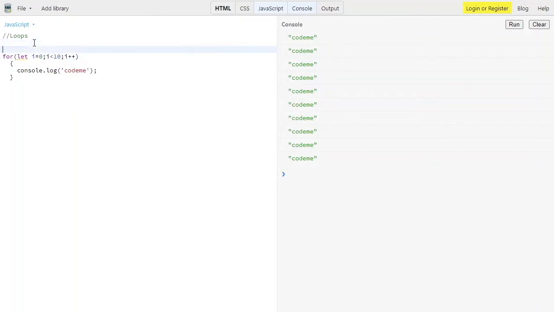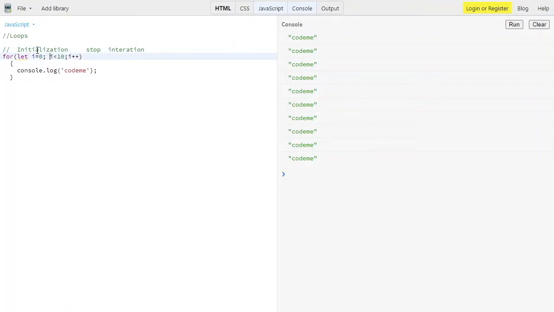Let me print it over here as initialization, then stopping condition, and then increment, sorry, iteration.